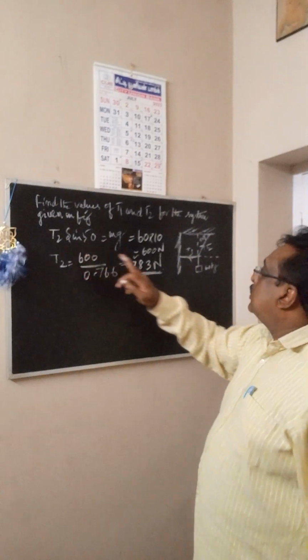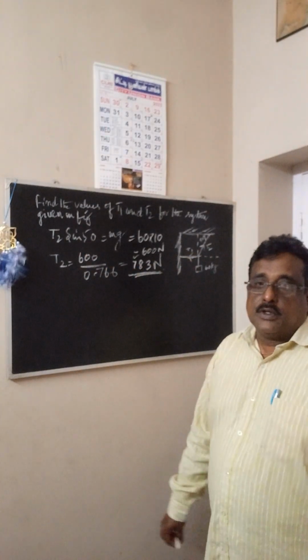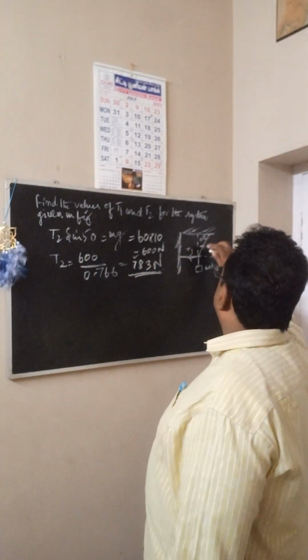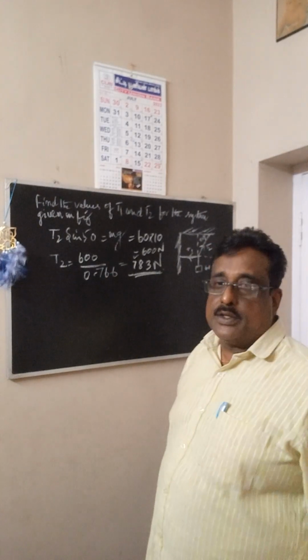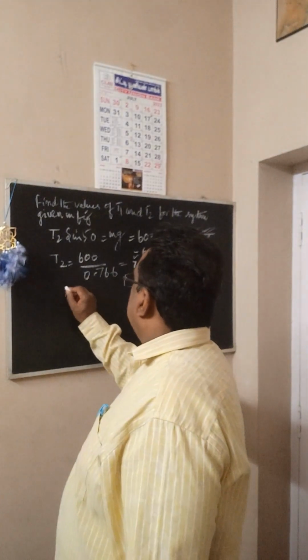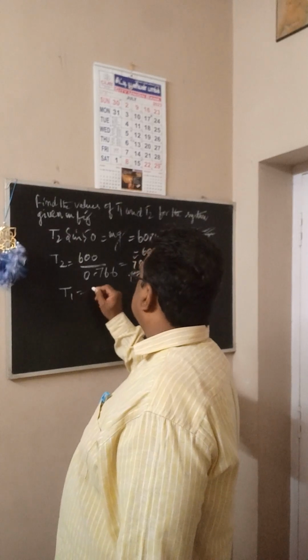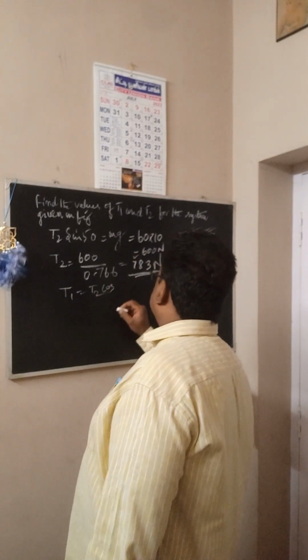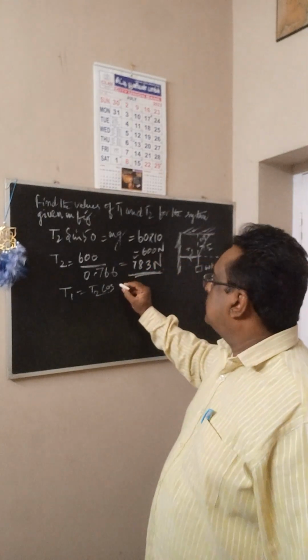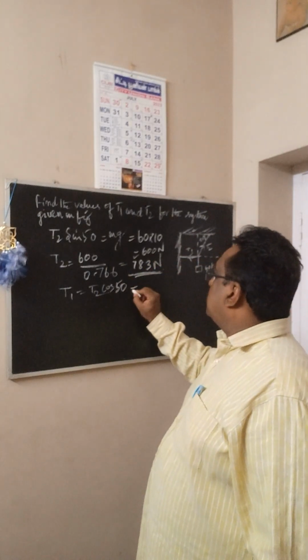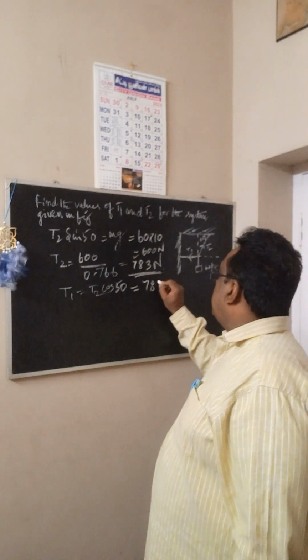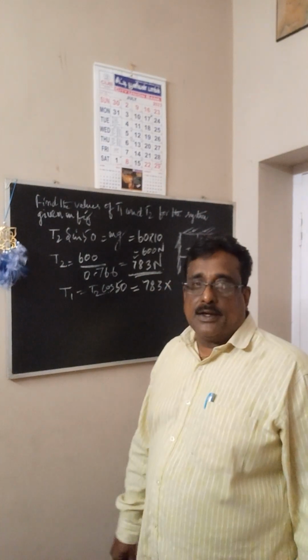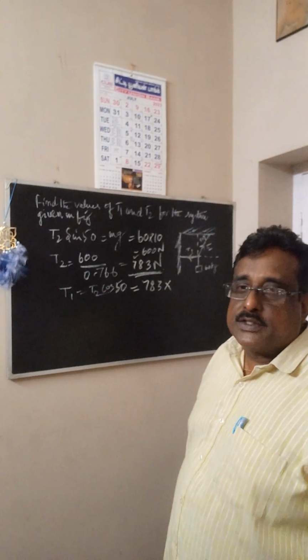T2 we have found. To find the tension T1, we resolve this T2 along the x component. We say T1 is equal to T2 cos 50. So the T2 value is 783 and the cos 50 value is